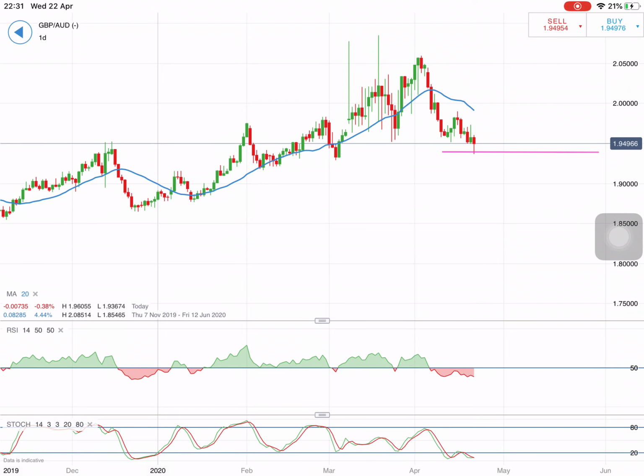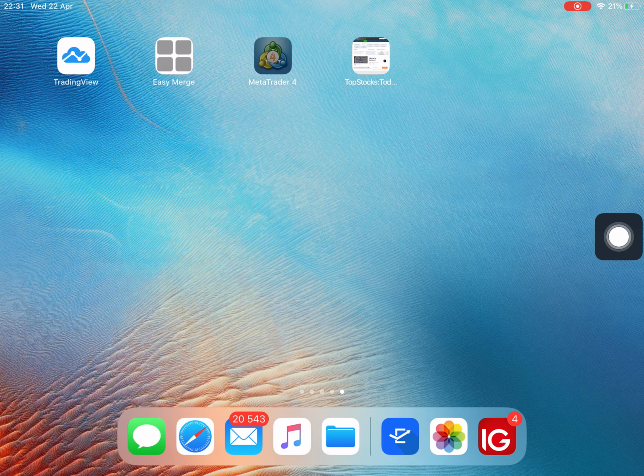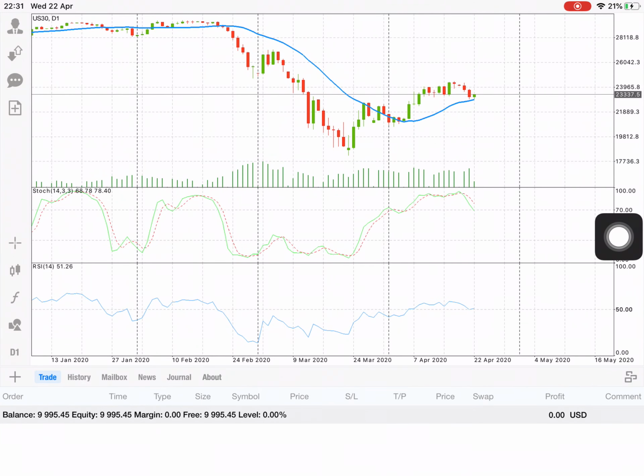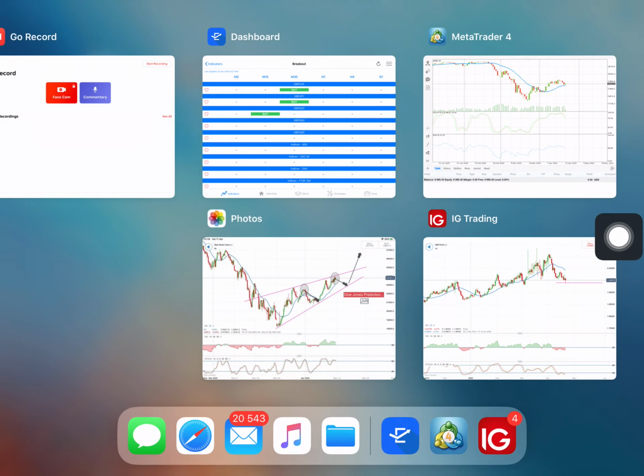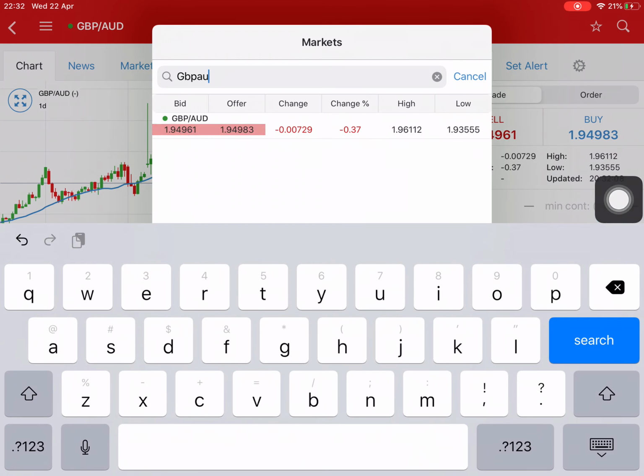Another way to check the exact level at which it's at is to go into your MetaTrader. So for Wall Street at the moment, if we look on the bottom left at our RSI level, we can see that we're at 51.0402 at the moment, so we're at that 50 level, but we've come above that level. So you need to find out exactly where that 50 level is at. So if we go back to Wall Street, US 30,